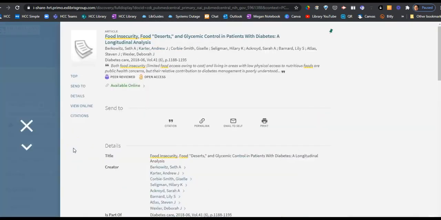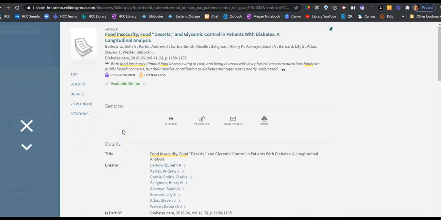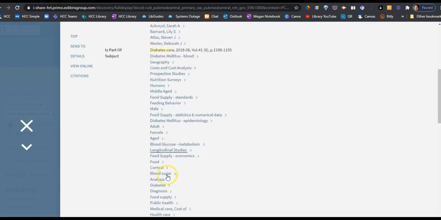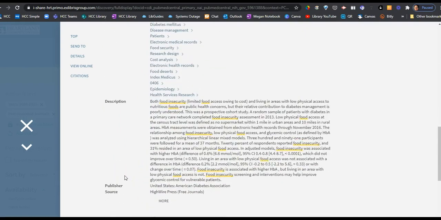Now that I've opened more information about this article, if I scroll a little bit, it breaks the information into an easier way for me to read that. It shows that this was published in Diabetes Care. Here are the creators, the authors. Here are the subjects that this focuses on. And then you will see a description. Sometimes you will see it labeled as an abstract or a summary, and it will give you some overview of what this is focusing